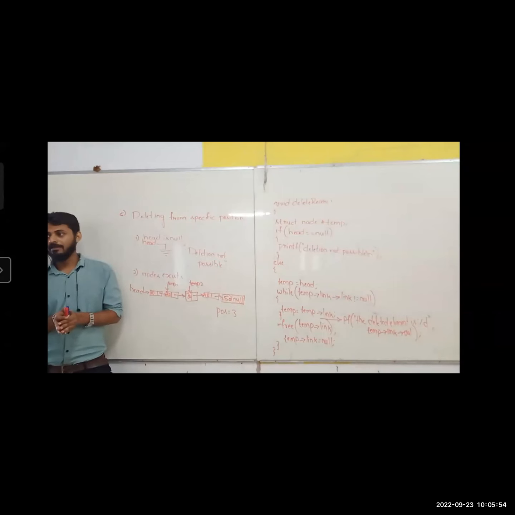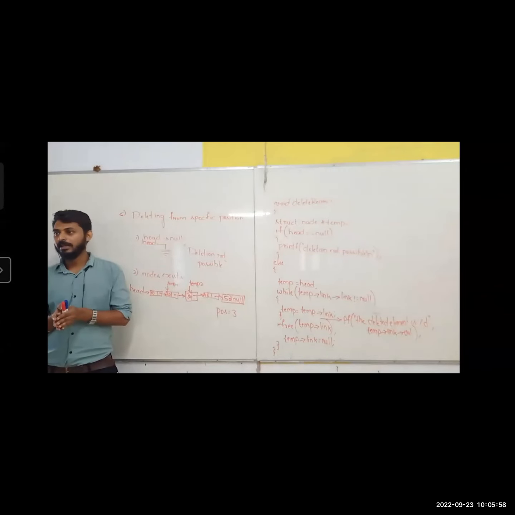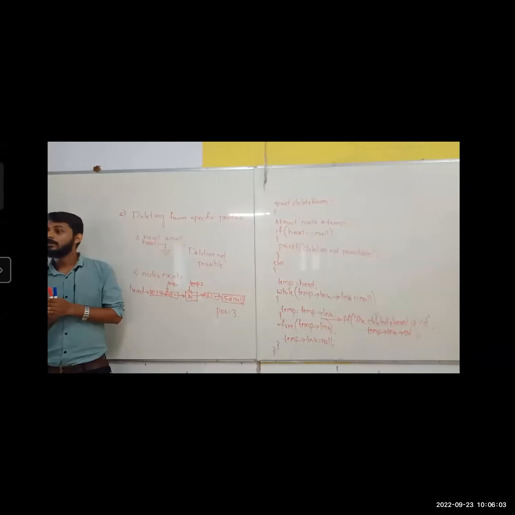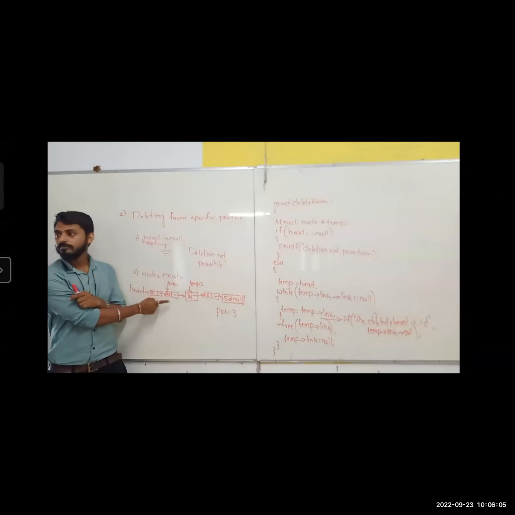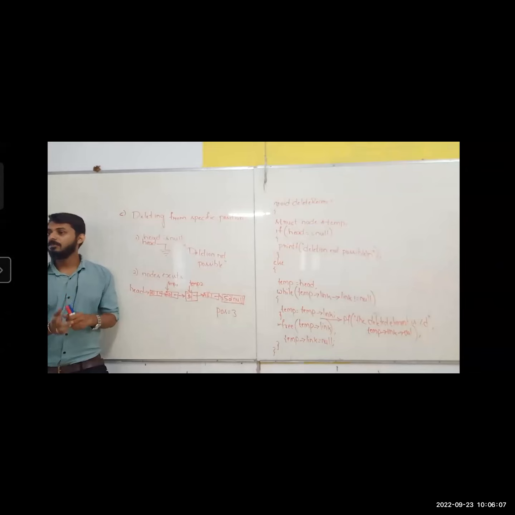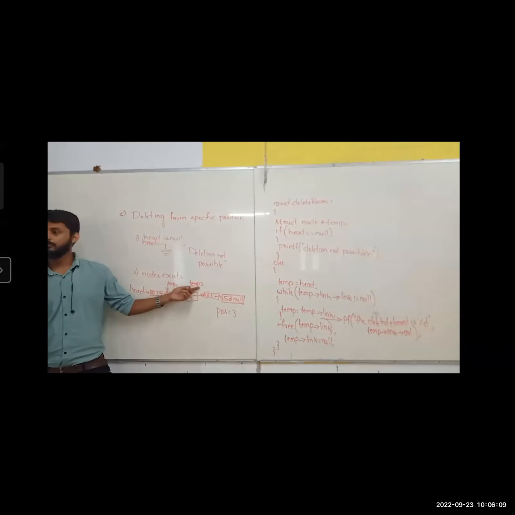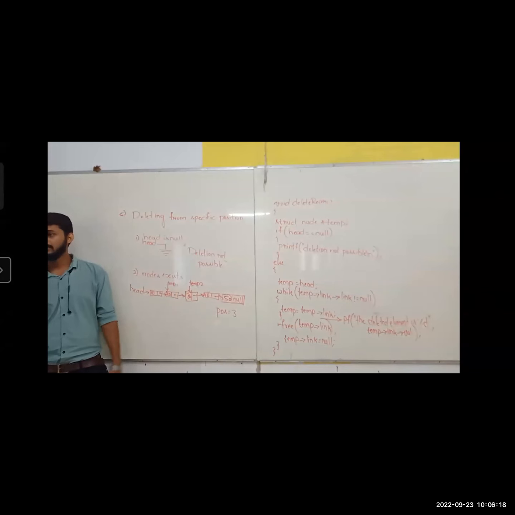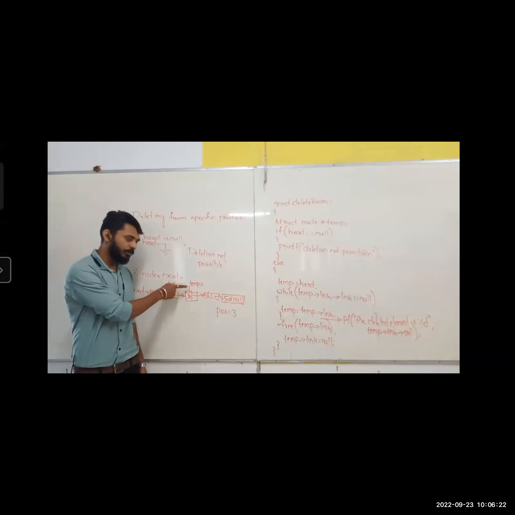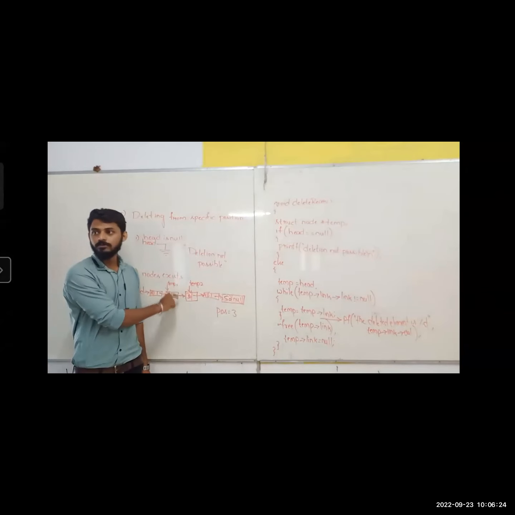Temp 1. Did I ask temp 2? Temp 1. I'm going step by step. Temp 1 is pointing at the second node here. Getting it? Next what I'm doing, I'm creating temp 2 that is pointing to 30. How can I say that temp 2 should point to here? What code should I write? Who is pointing, check. No, I'm asking, I want to point my temp 2 to here. How?